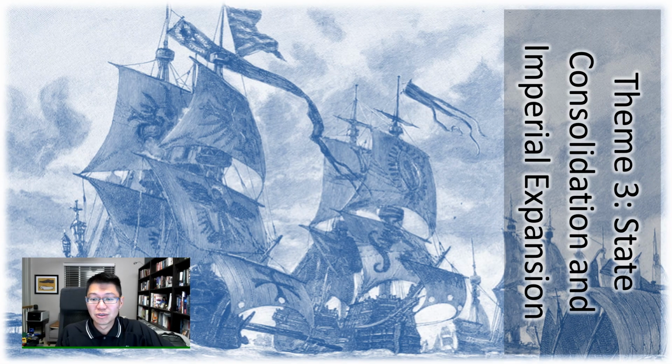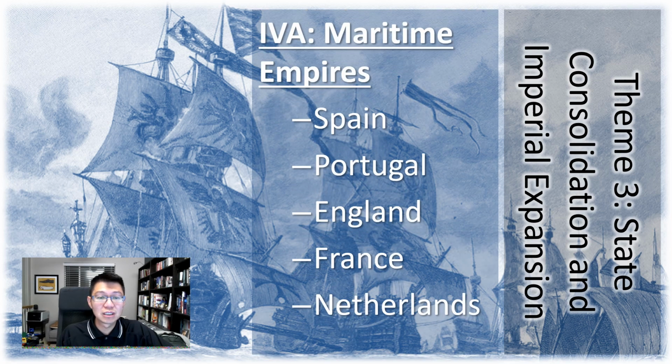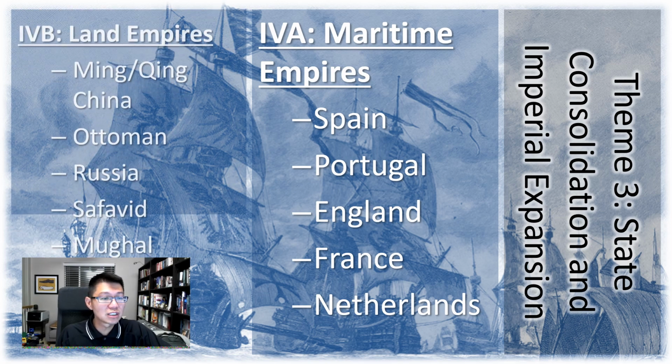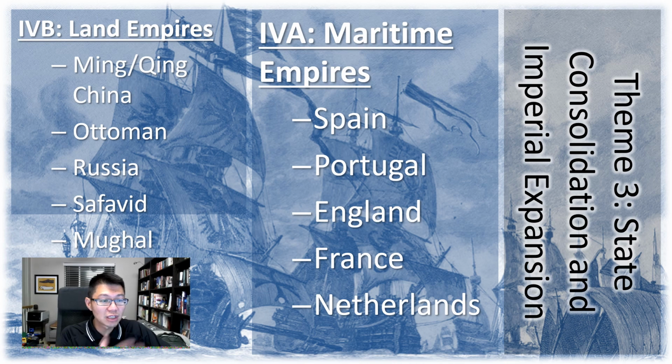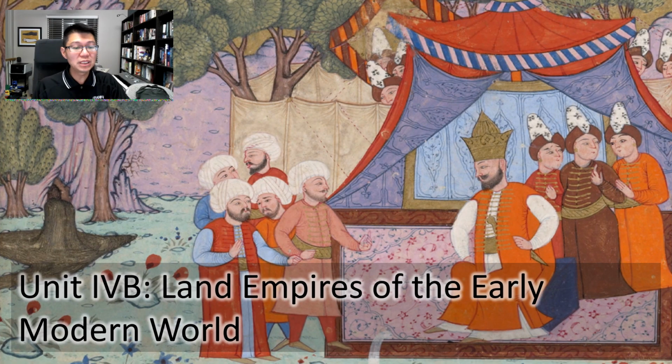You also have new states that will develop, and also ones that continue on, some that are familiar to us, including ones we just studied in regards to Spain, Portugal, England, France, and the Netherlands, and the ones we're going to study a little bit further, China, the Ottoman Empire, Russia, the Mughal, and the Safavids, because in the second part of this unit, Unit 4B, we will take a look at those particular empires, and particularly like the ones we've seen before